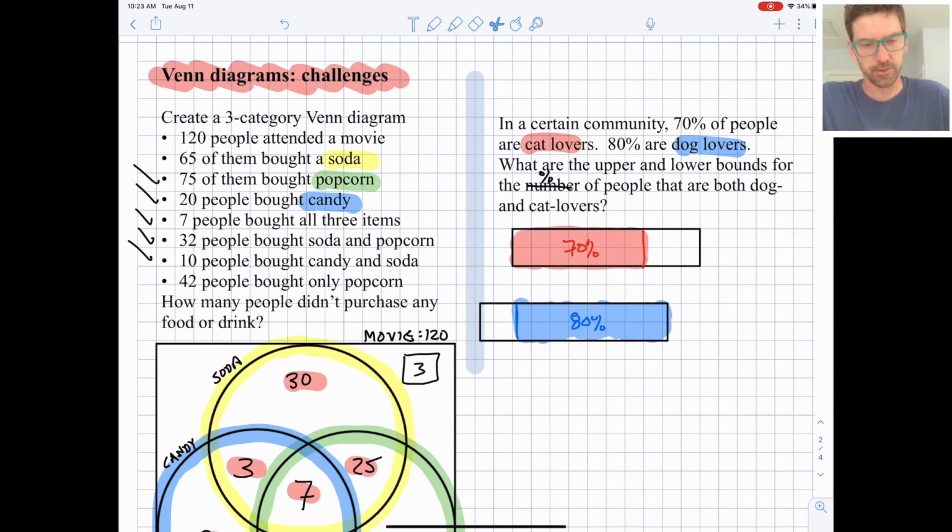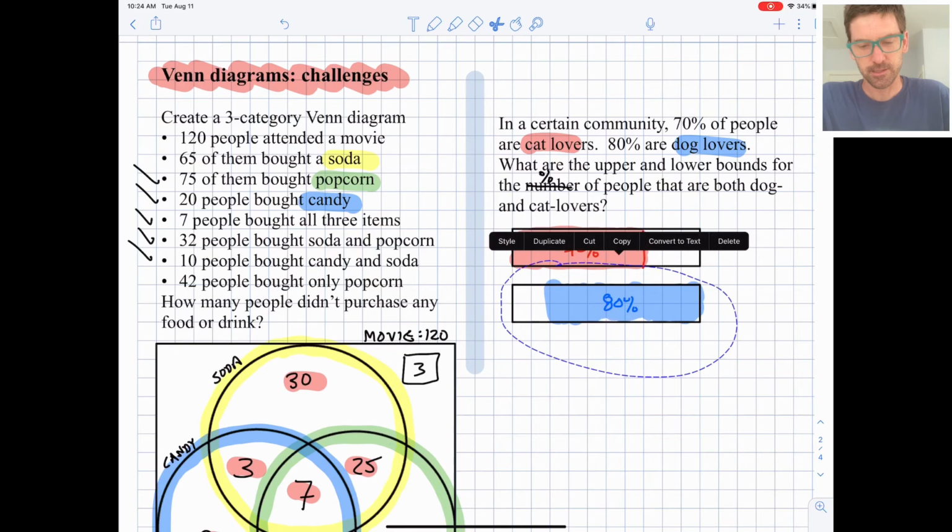That's a possible thing, okay? And that's what this would look like right here. So we could have 70% in both, right? However, we could also overlap it like this,